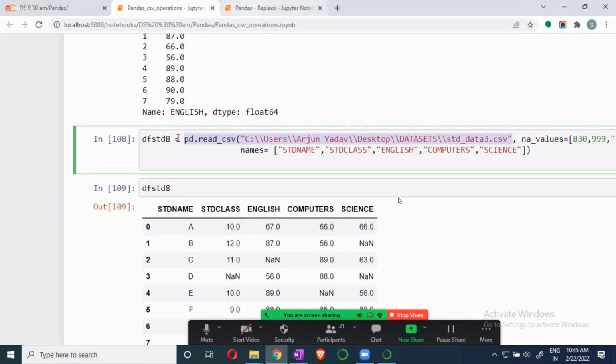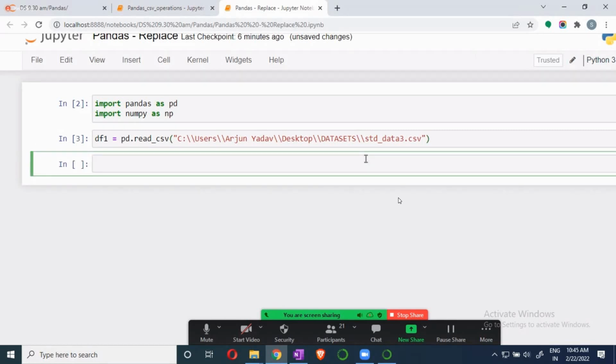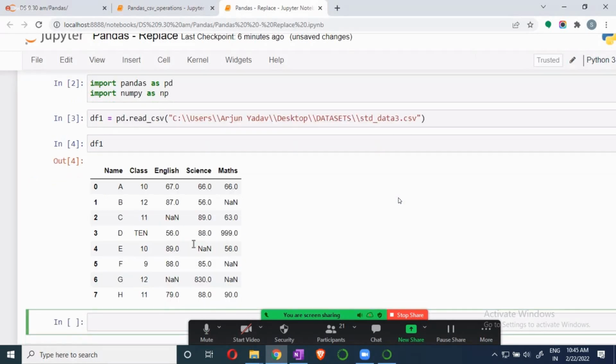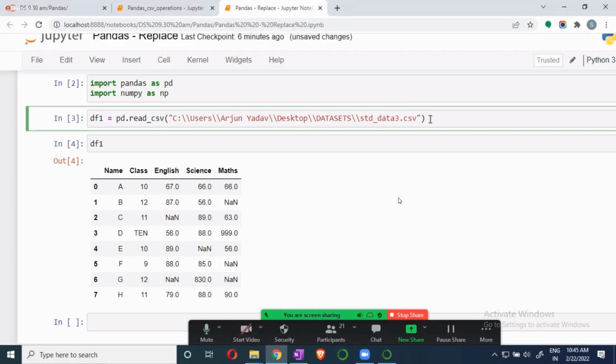Okay, I'm copying this one. TF1. Okay, TF1, guys. Now in this there are errors. What are the errors? 10 is an error, 830 and 999. This is an error. Now while uploading itself, what we can do is